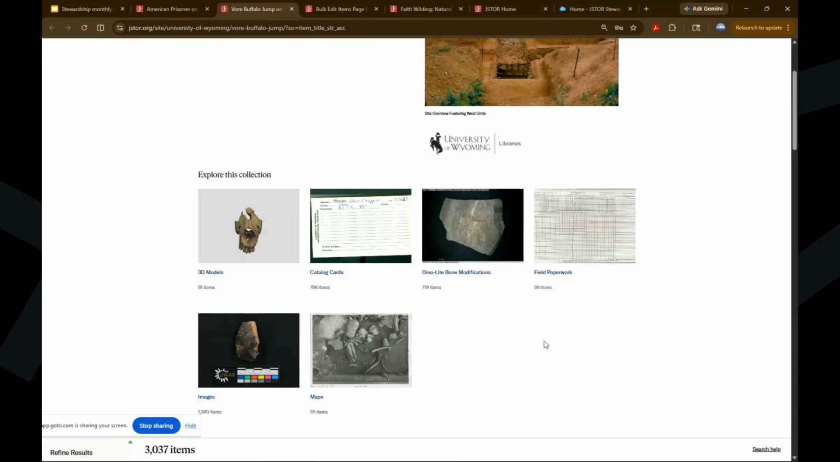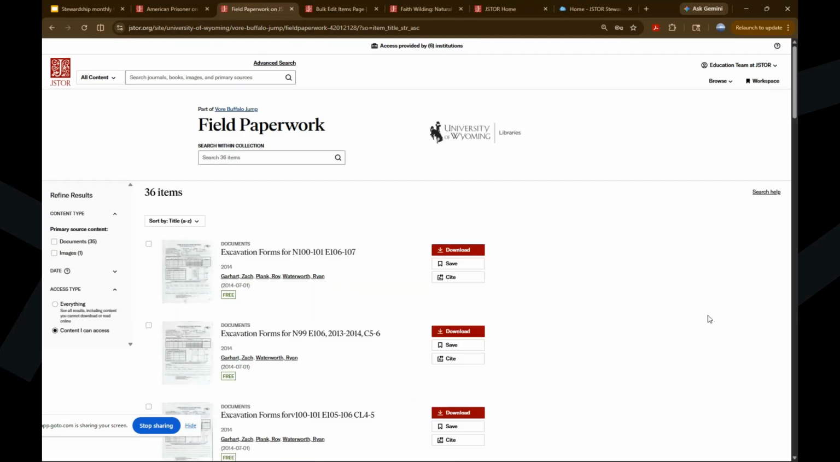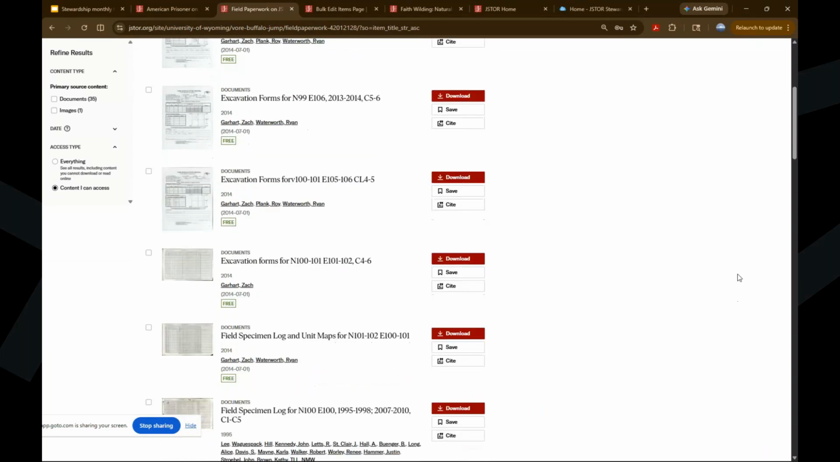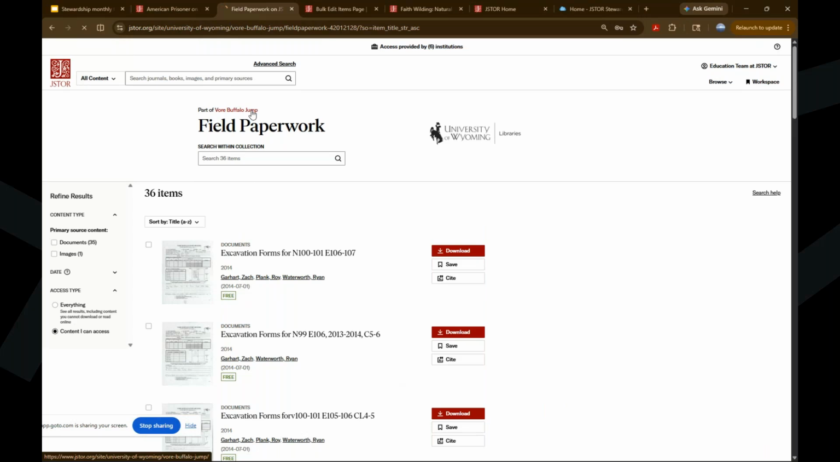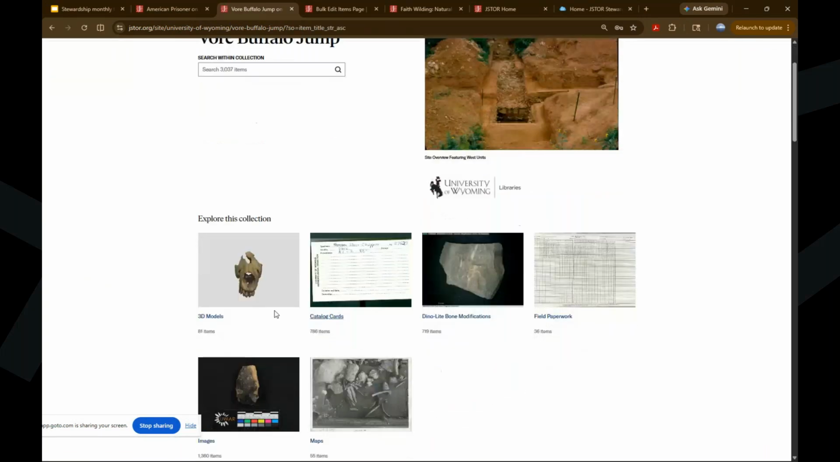And you can click on a compilation to see its content. So for example, if I click this compilation called Field Paperwork, I can see excavation forms and specimen logs and other related material like that from the site. Some of these compilations contain containers, such as the 3D models compilation. If I click on that one,